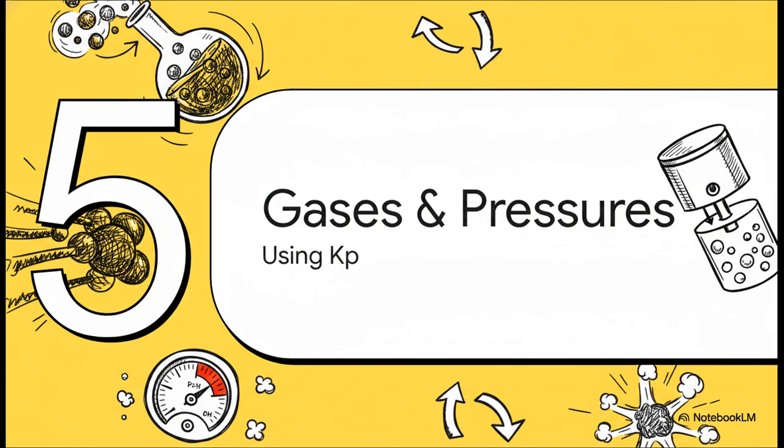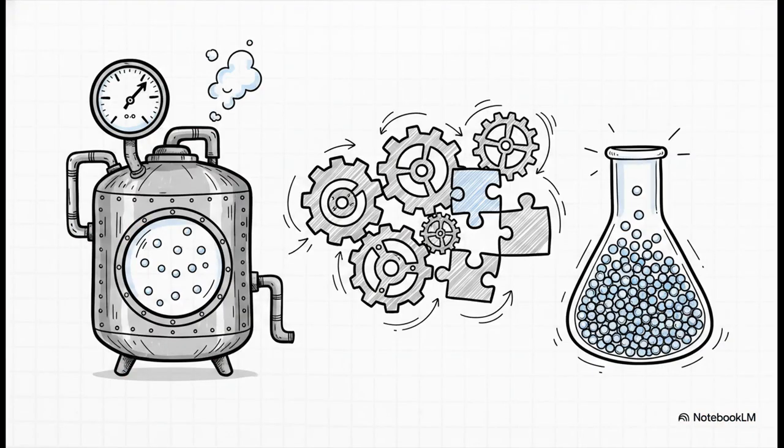Finally, Section 5, gases and partial pressures. Up to this point, we've focused on molar concentrations, moles per liter. But what if your entire reaction is taking place in the gas phase? When dealing with gases, especially in an industrial setting, it's often way easier to measure pressure than concentration. Thanks to the ideal gas law, we know that at a constant temperature, the partial pressure of a gas is directly proportional to its concentration. So chemists use a different constant, Kp, where P simply stands for pressure. We use the partial pressures of the gases in bars instead of bracketed concentrations.